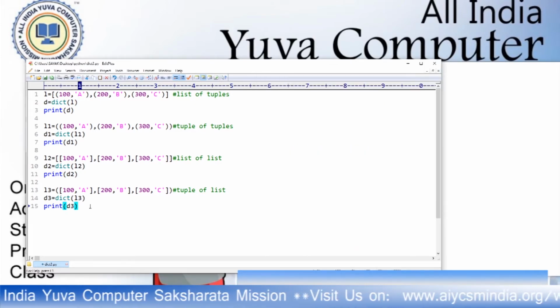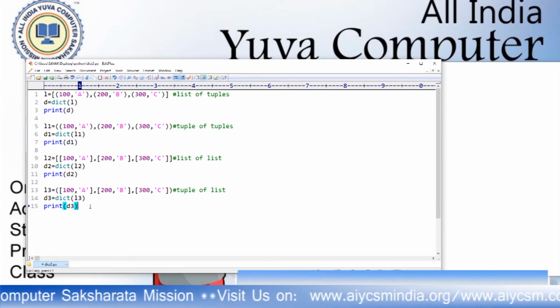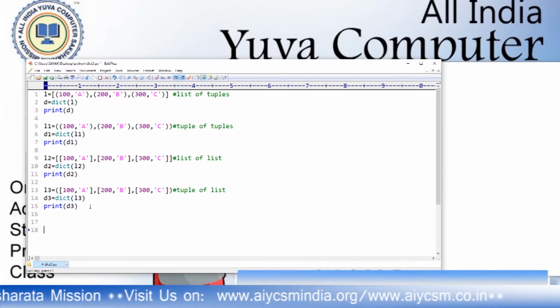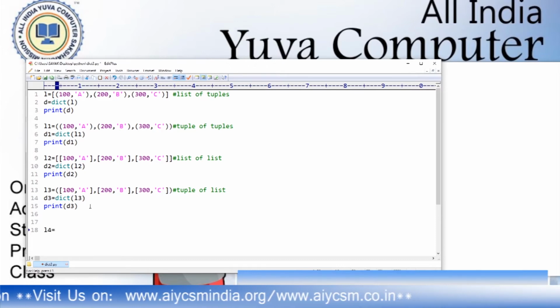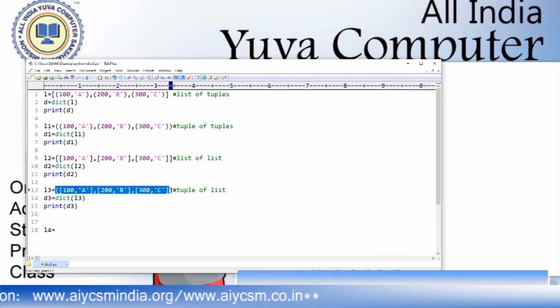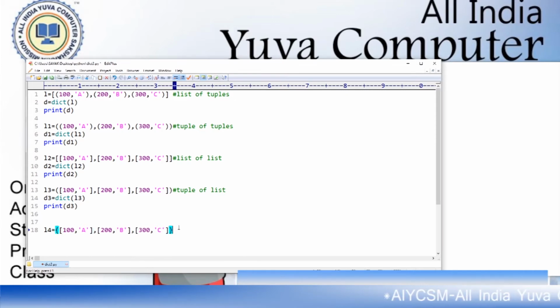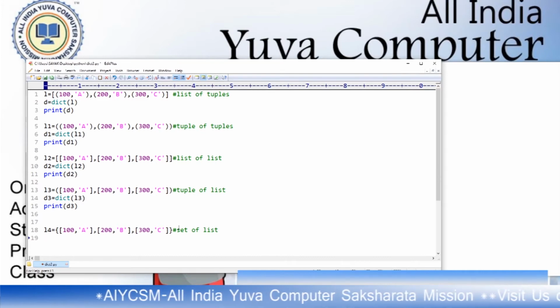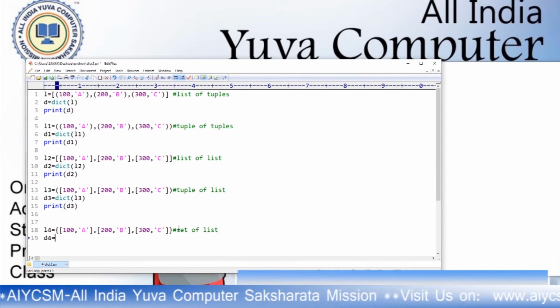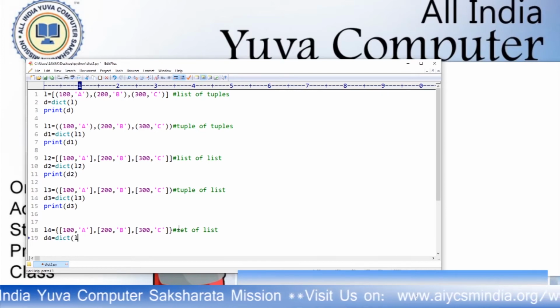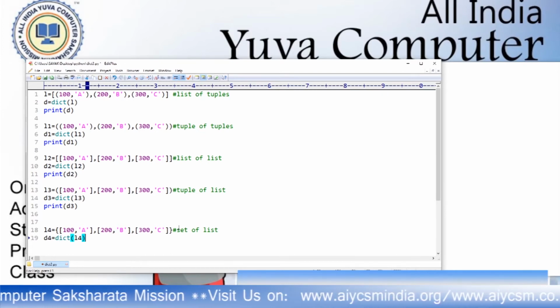Now at last, if you want to convert a set of list, L4 equals to set of list. Instead of tuple of list, we use set of list. If it is a set, then it will become second bracket, this is a set of list. You cannot convert it. Okay, now D4 equals to dict of L4, okay, and print